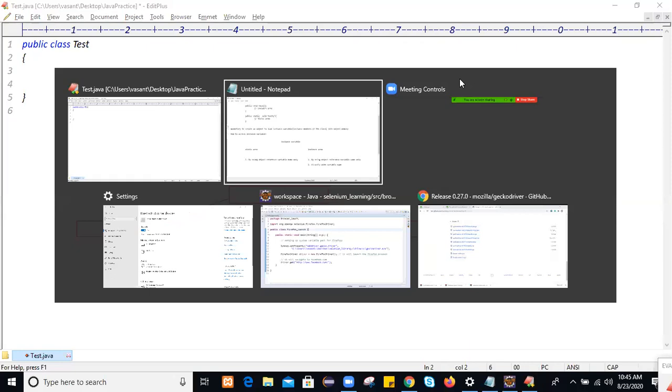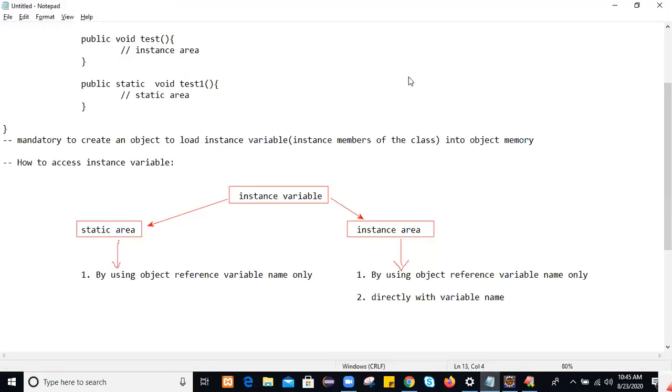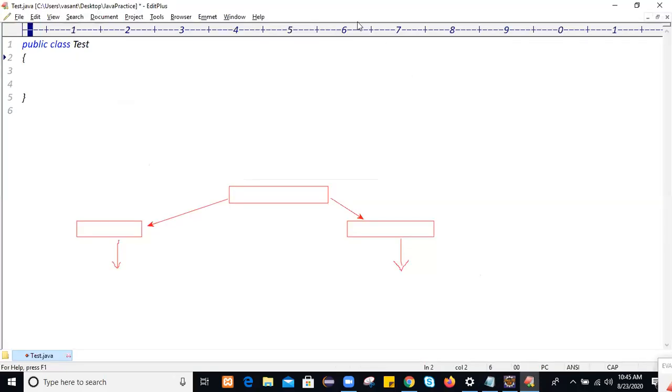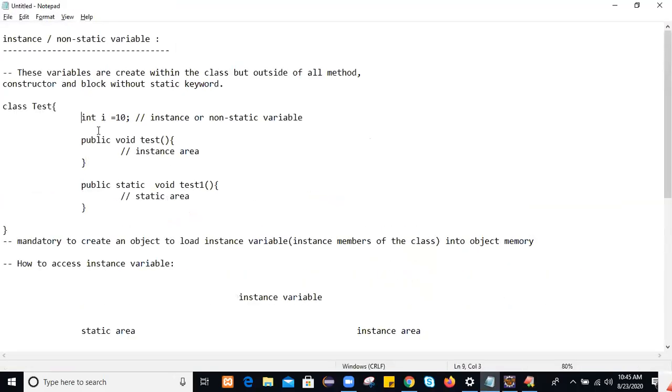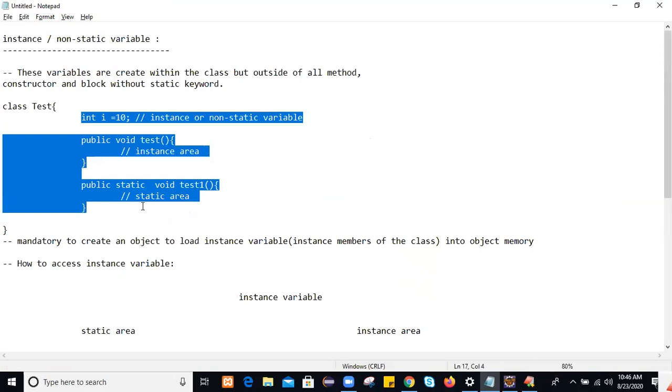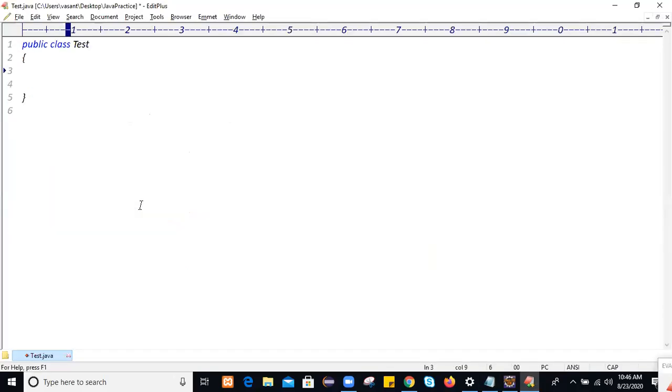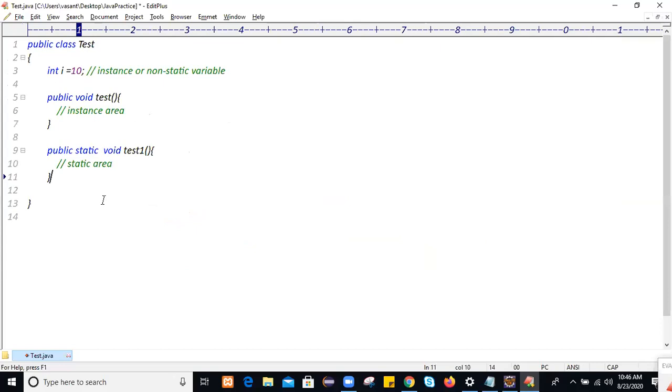Let's go to a practical example. Let me clear all this. Okay, let me copy that, this much of the lines. The main method is static, as you know. If you have a main method within this class, public static void main, we are using the main method as an execution engine. Yes or no?